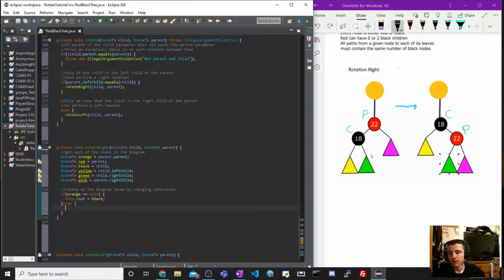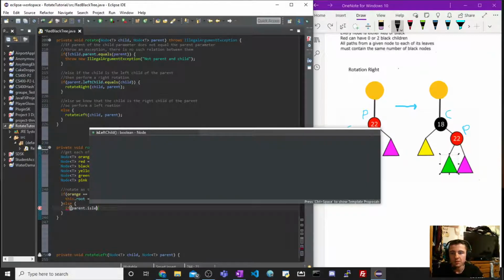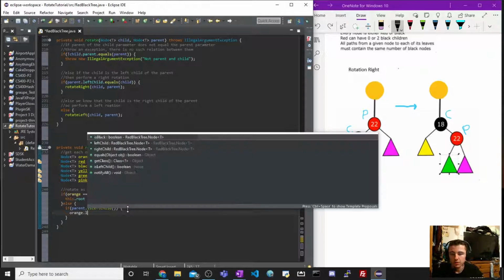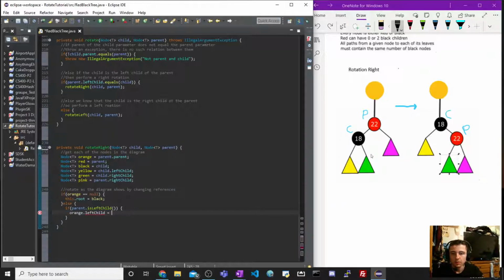So, in my else, we're going to say if parent is left child, then we want the orange left child to equal black. Else, so if the parent is the right child, then we want the orange right child to become the red. Or, my bad, the black as well. And after doing that,